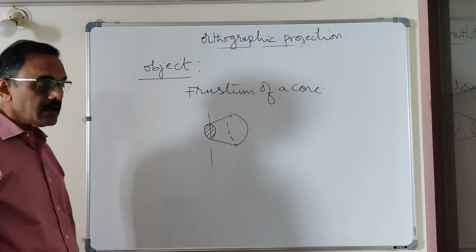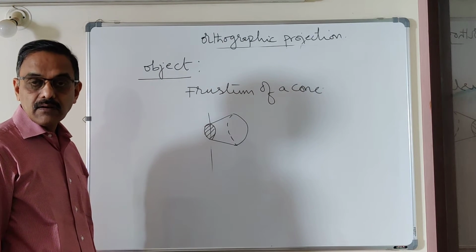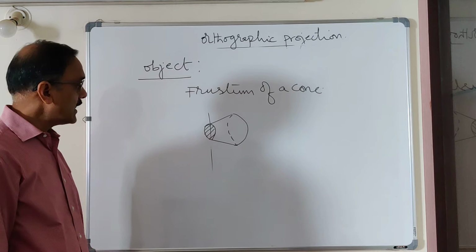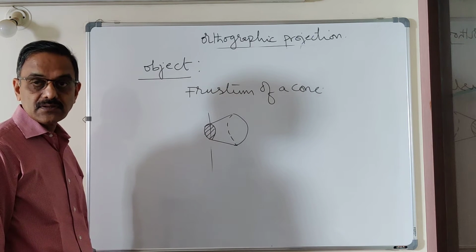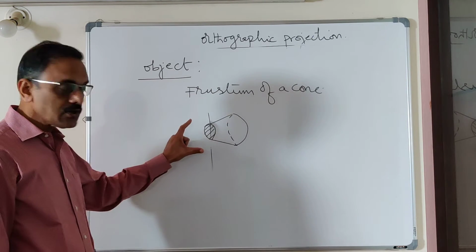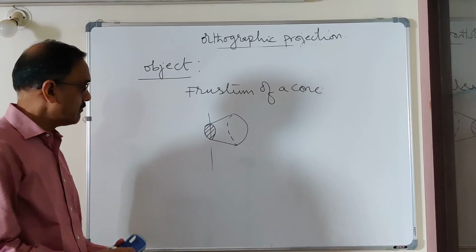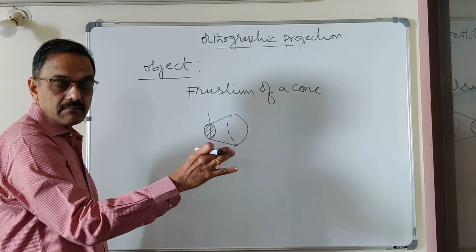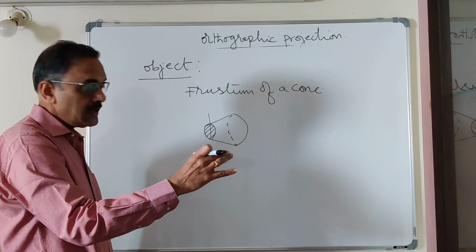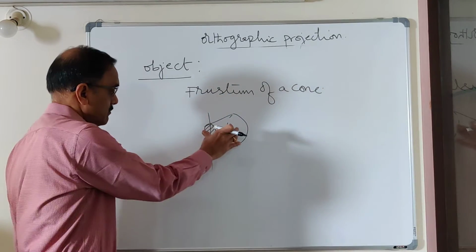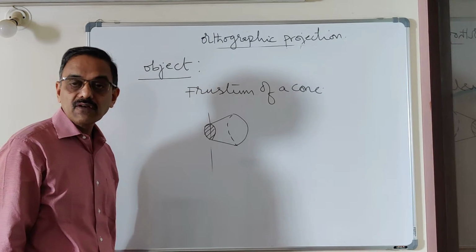This is the object selected for giving the symbol for first angle and third angle projection methods. So imagine this is a solid. Imagine that this solid is kept in space here. I am keeping it here. And let us say I want to get its front view. Can you tell me what will be the front view?